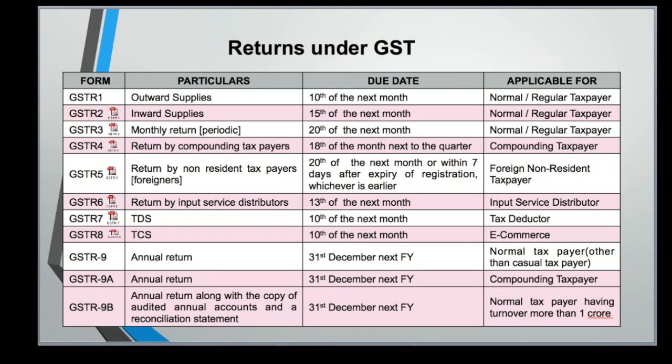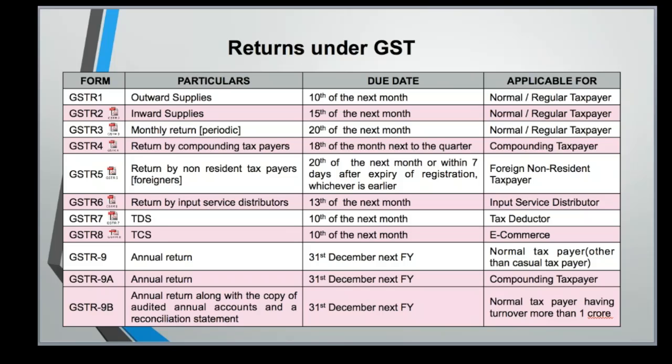Now coming to the checking part. As of today, the department is not asking to upload any document, but let us wait for the portal to give us the format of TRAN-1. As soon as that is available, you will be able to check whether the government is asking to upload the excise invoice copy also, or whether there will be a separate checking of all those transitional credits. But I will tell you, please prepare a detailed Excel sheet of the total number of invoices along with the original tax invoice copies that you have for taking the credit, because going forward, if checking is done and you cannot produce the documents for the credit taken, then the whole credit may be denied to you along with interest.